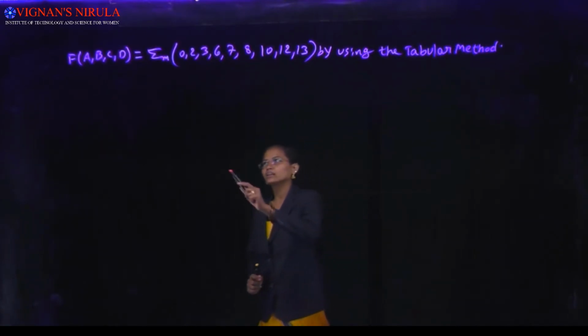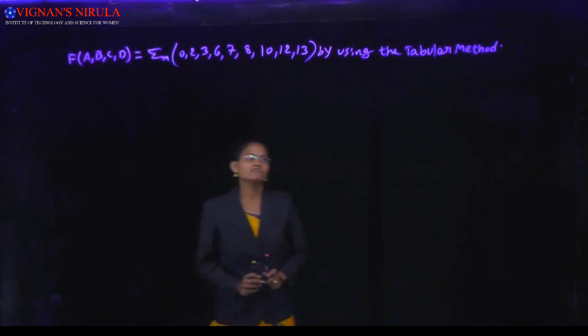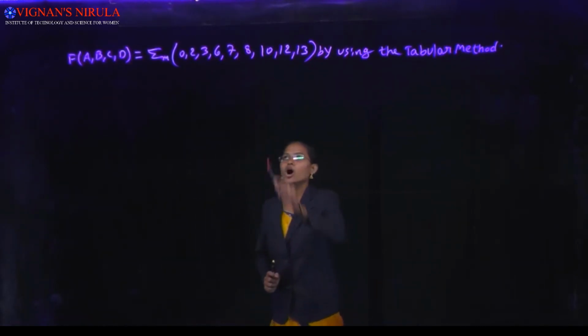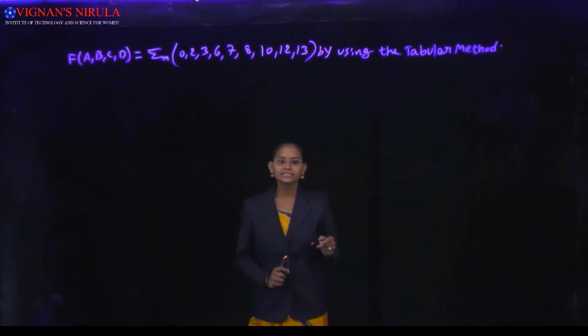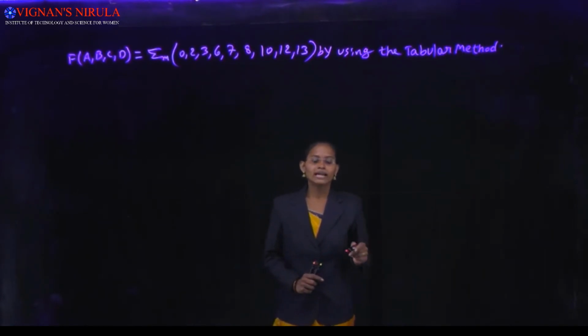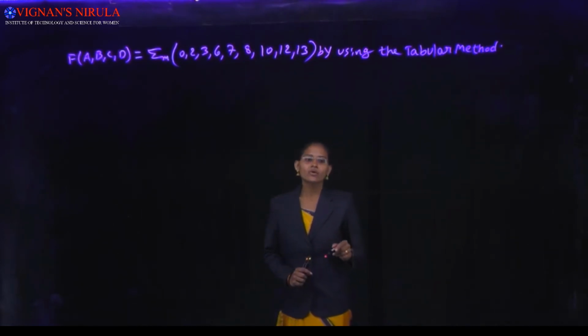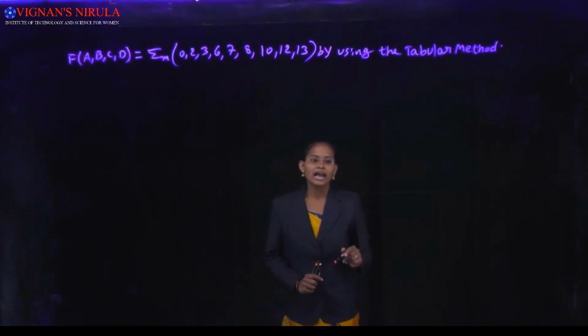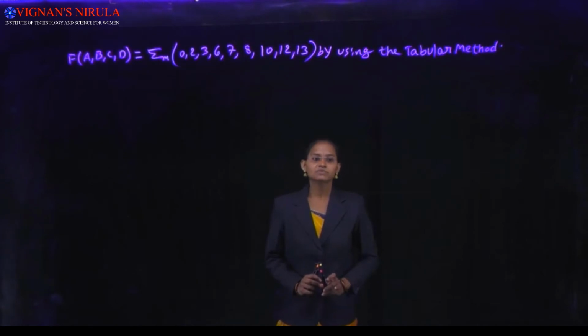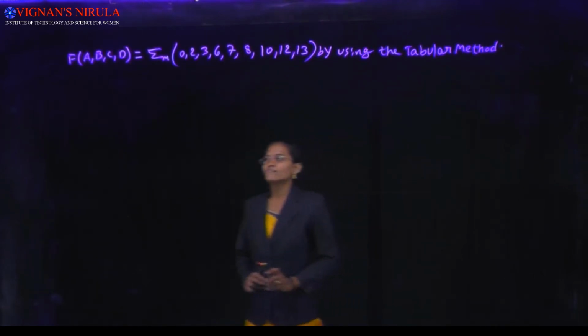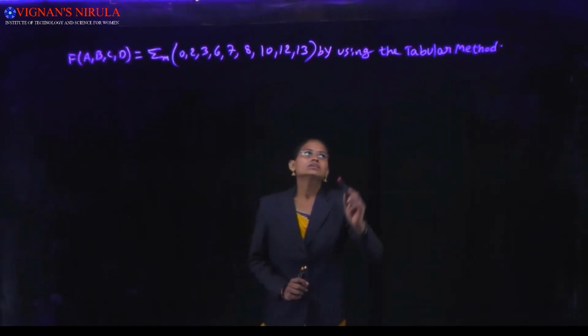In this, the first step is we write down all the min terms in binary form, and the second step is write down the number of ones, and the third step is comparing each group where at least one difference is there, and the next step is write down the product terms and write down the Boolean equations. These are the steps for the tabular method. First we see the tabular method.